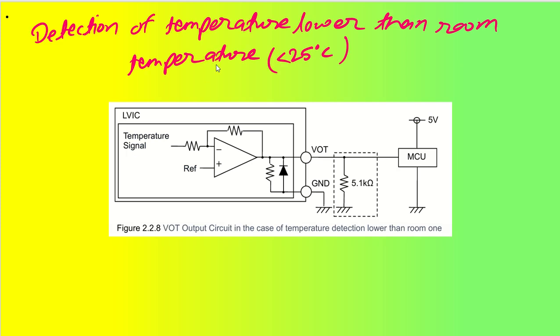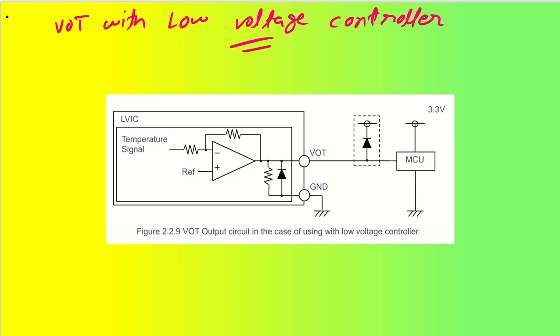In another circuit, if we have a temperature lower than 25 degree centigrade, as I told you, you put a pull down resistor 5.1 K and then send it to my microcontroller ADC. So this is another method. Coming back to VOT with a low voltage controller, let's say we have a 3.3 volt controller. At that time we can put one clamping diode with, let's say, 3.3 volt. In that case, whenever the voltage is more than 3.3, it will be shorted here, kind of sinking, and this is how my ADC pin will be protected. Okay,